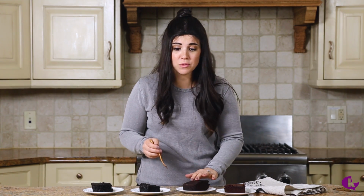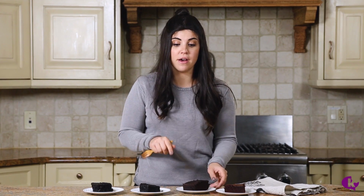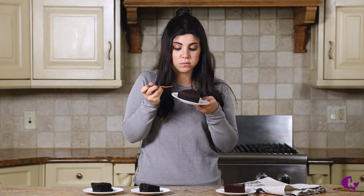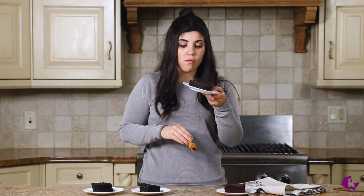But this one actually has the most cocoa powder out of any of them. This one has 1 cup as opposed to 3/4 cups that the rest of them have. And it also has 1½ cups of milk, but no coffee in this one, so let's see what happens. This is more of a traditional chocolate cake. It's not the best ever chocolate cake. It's very, very chocolatey. It's very rich in its chocolatey flavor,